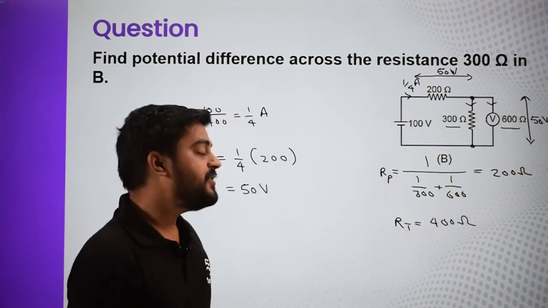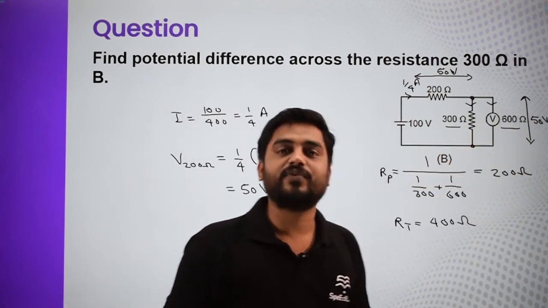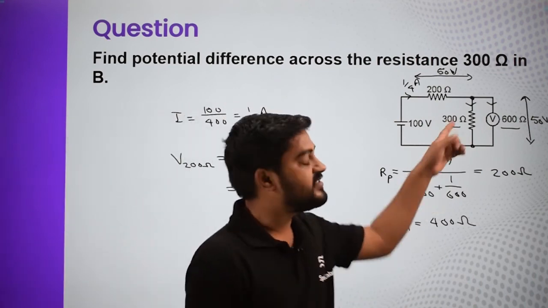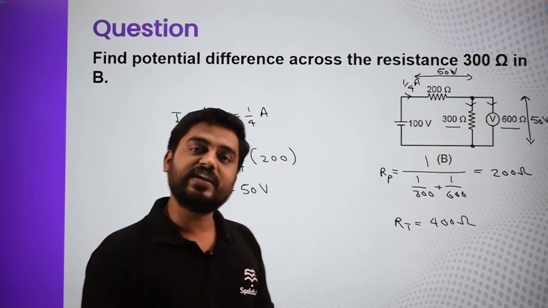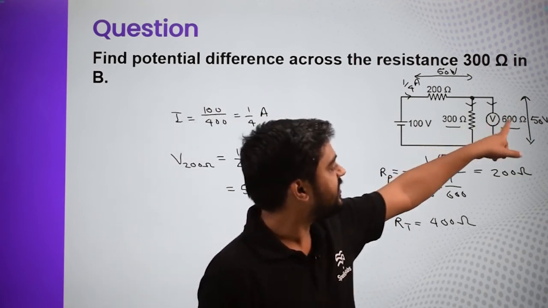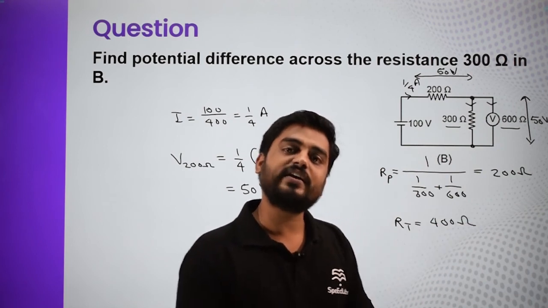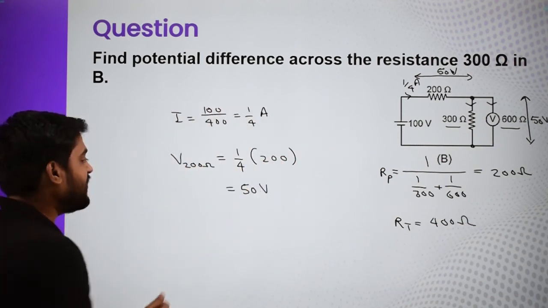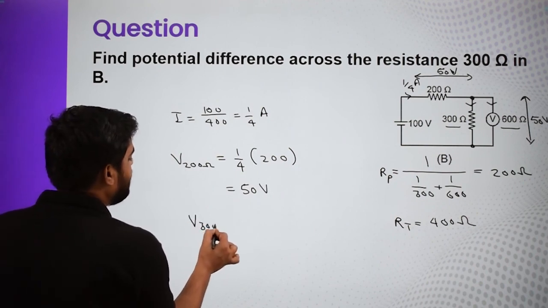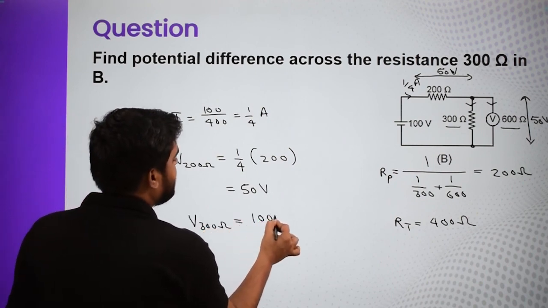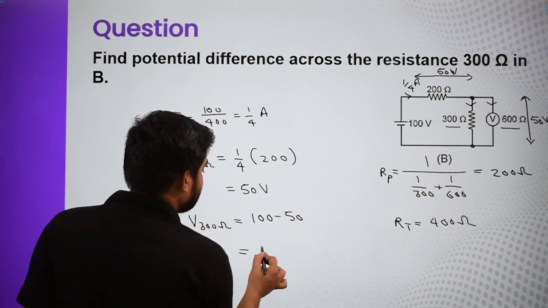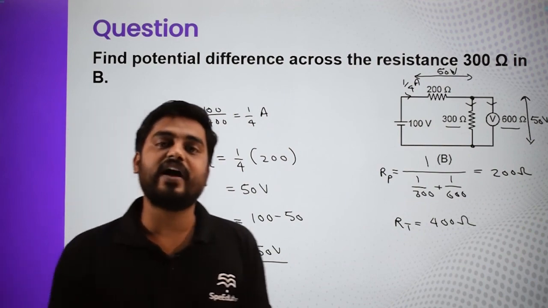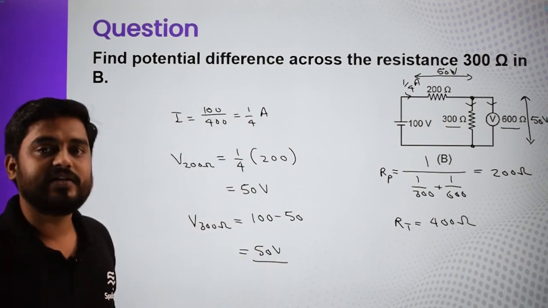Now what is the voltmeter reading? Voltmeter is also reading that 50 volt. So remember the last case the actual potential difference across this 300 ohm was 60 volt. But since we have put a voltmeter which is not ideal, it has changed the reading completely, and now the new reading is simply 50 volts. So potential difference across 300 ohm in this case is basically just 100 minus 50. You can write like this, and this is again 50 volt. So ideally the voltmeter should have infinite resistance, otherwise it is going to alter the circuit.